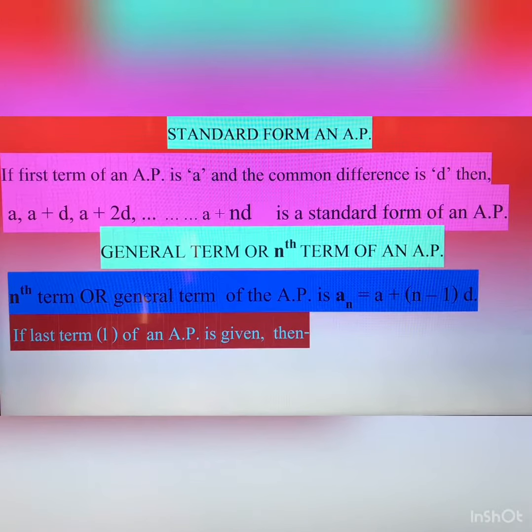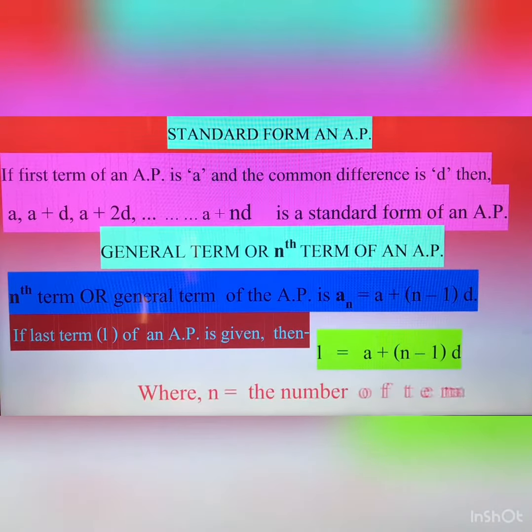If the last term L of the AP is given, then the general form is L equal to A plus (n minus 1) into D, where n is the number of terms. So this is the standard form of an AP